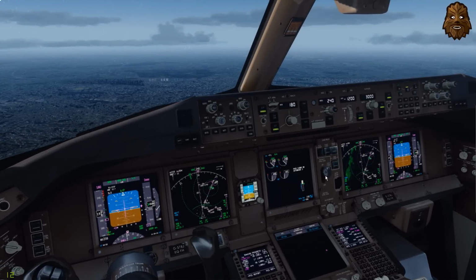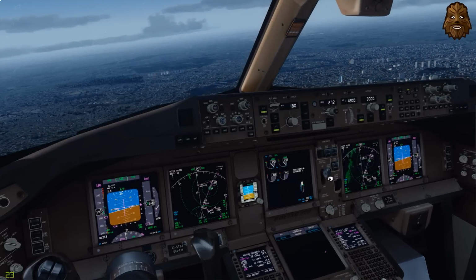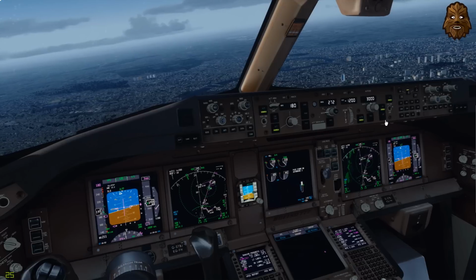I'm going to bring that back a tad bit more to help with our speed decreasing, and there we go. The localizer has come alive, and hopefully the glide slope will...